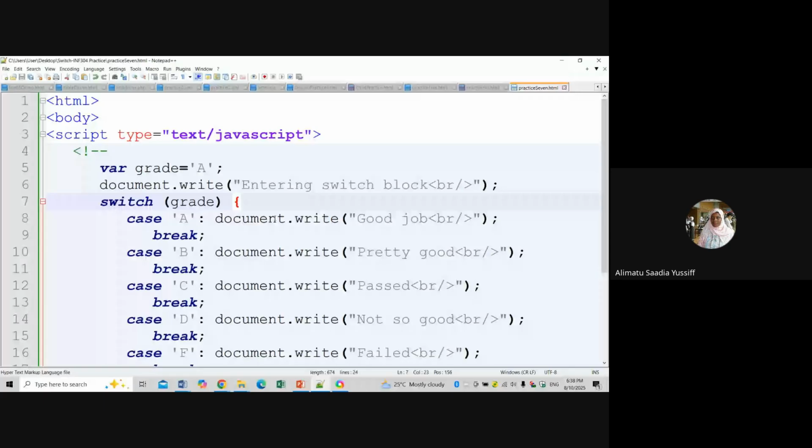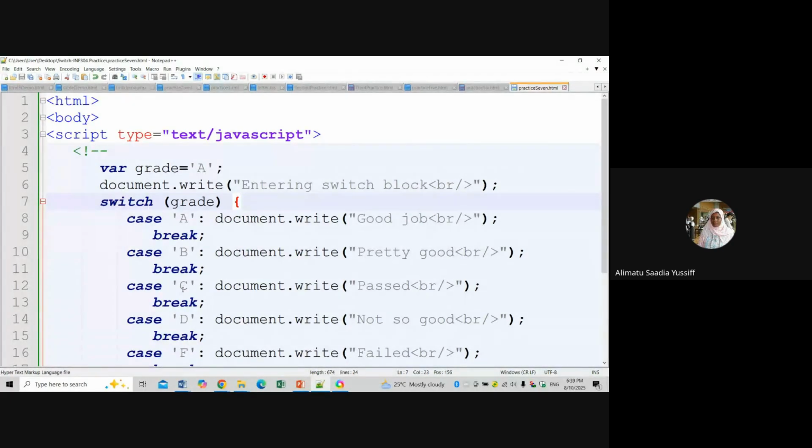Because we said the grade equals what? A. We declare grade A. And for the first case, we said document.write good job, and break. So the grade here, we have assigned A to it, not B,